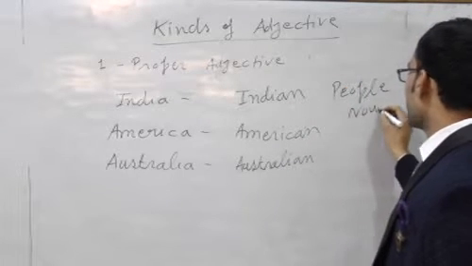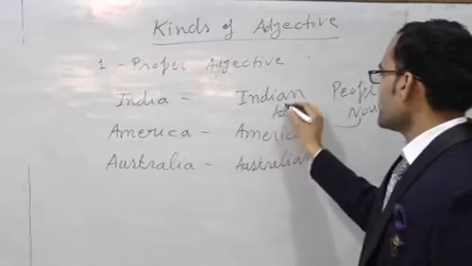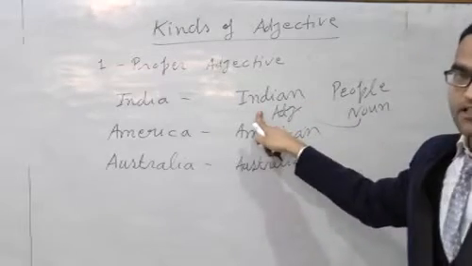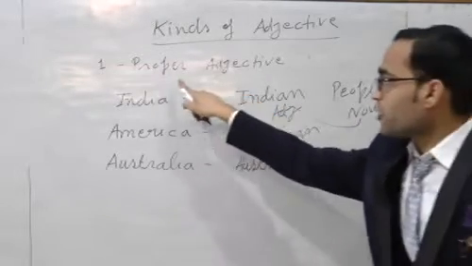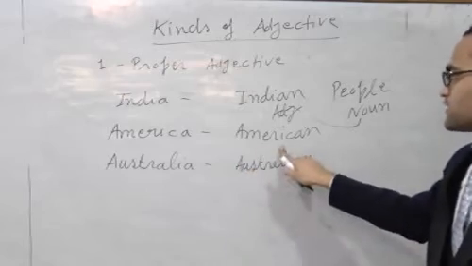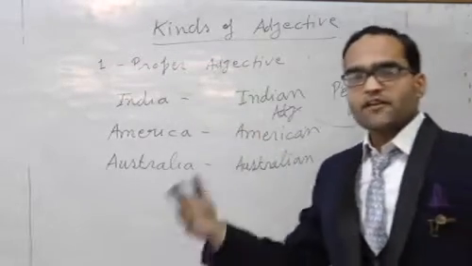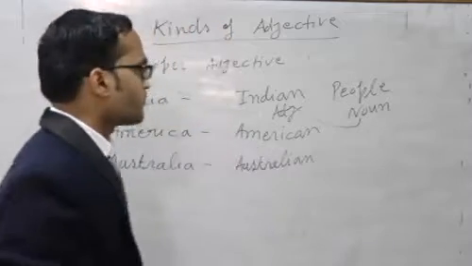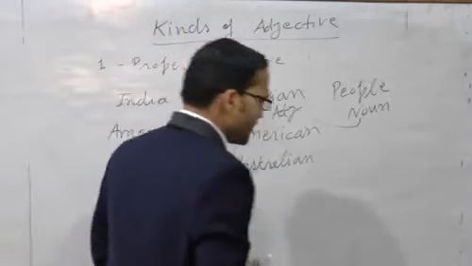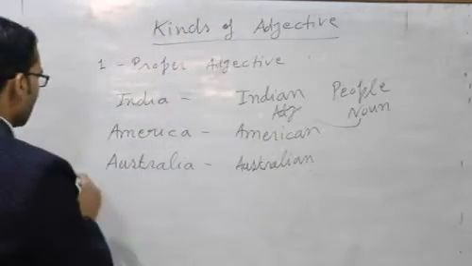Indian people. People is a noun, and before noun we use an adjective. Indian is an adjective. Which adjective? Proper adjective. American is an adjective. Which adjective? Proper adjective. Indian, American, Australian, these are all adjective, proper adjective. Clear the point? Now we discuss the next point, that is